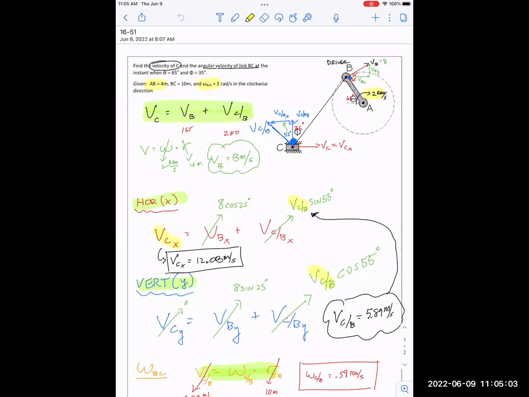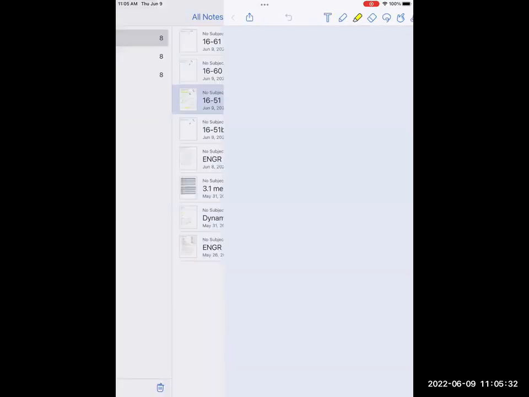So let's see. We got 5.89 for the velocity of C as it rotates around B. We got velocity of C in the X direction of 12.08. And then we got the rotational velocity of that connecting rod from C to B as 0.59 radians per second. So let me introduce, with the same exact problem,